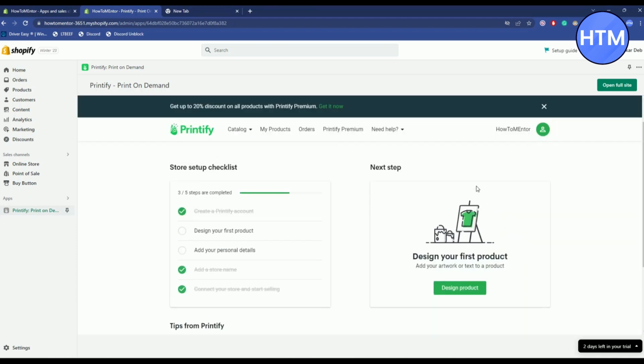So after that, all you have to do is add your products and designs, and you can start selling your design clothes. So that's it,